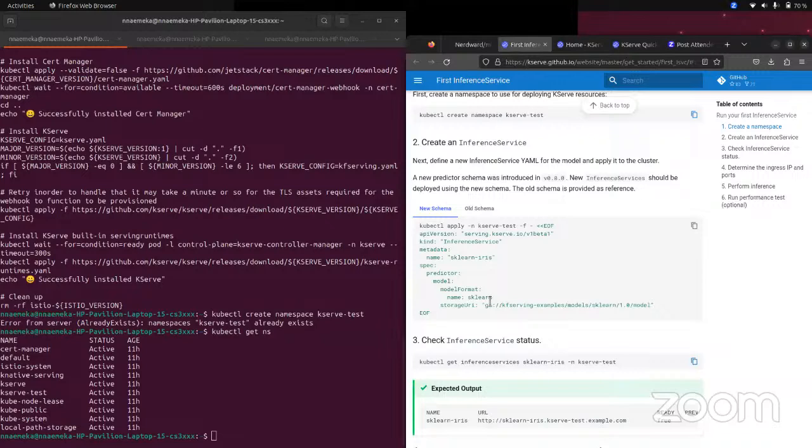KServe allows you to save your model artifact on a cloud. This GS means Google Storage. You can use S3, you can use Azure storage, and you can also host them on any hosting platform like Google Drive, Dropbox and others. So you just need to